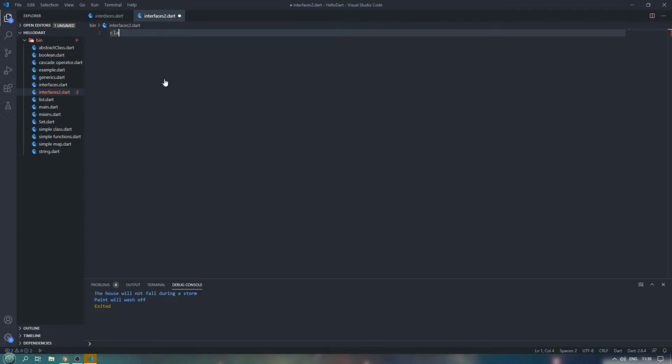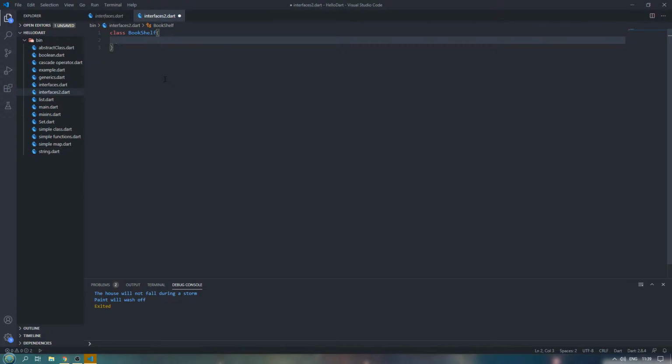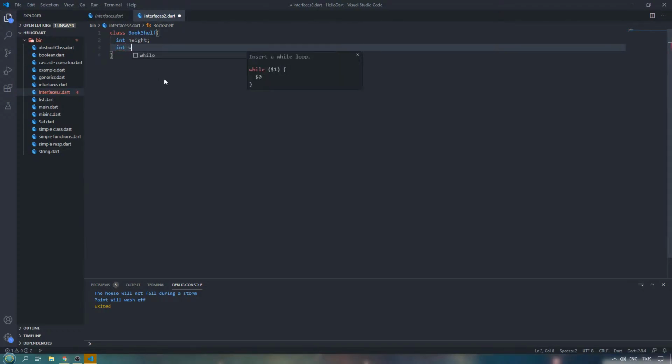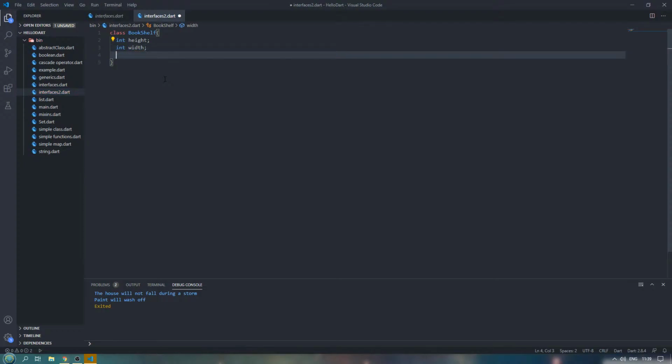So let me create class Bookshelf. Now we're going to create the height and width of the bookshelf. We are also going to give the number of stacks, the number of rows in a bookshelf, and